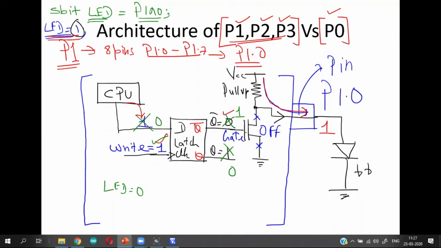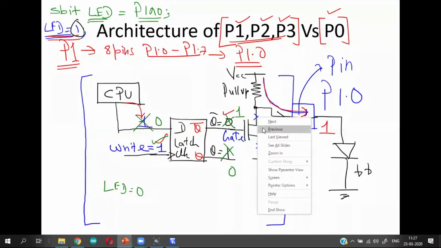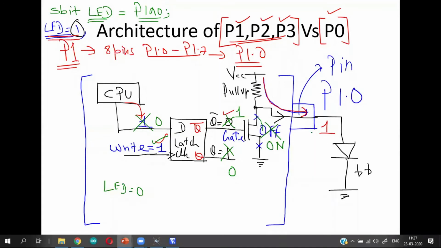When the gate input of this transistor becomes 1, this transistor turns on. When this transistor turns on, there is a short between this point and this point, which means the output is pulled down to ground. Earlier it was pulled up, now it is pulled down. Now instead of a 1, you end up getting a 0.